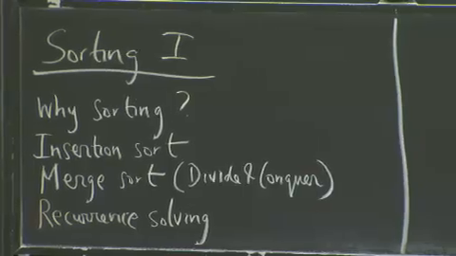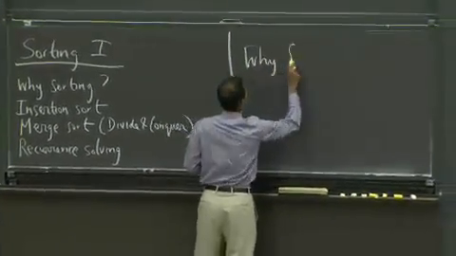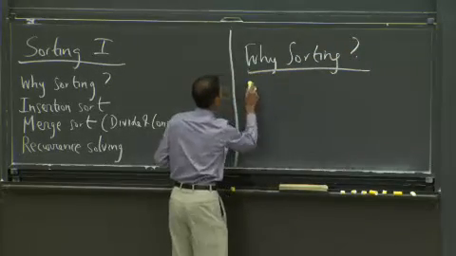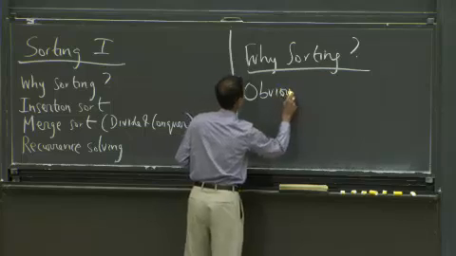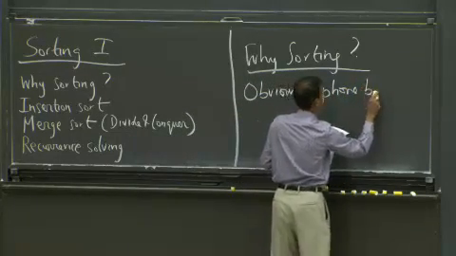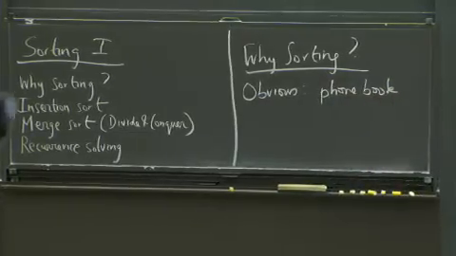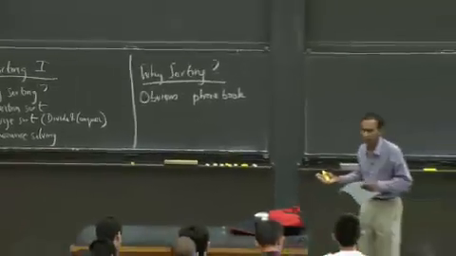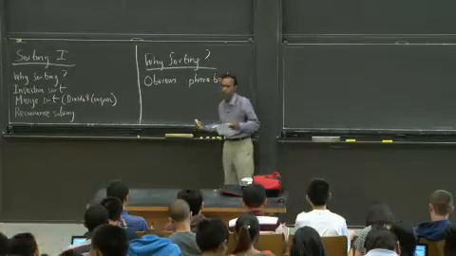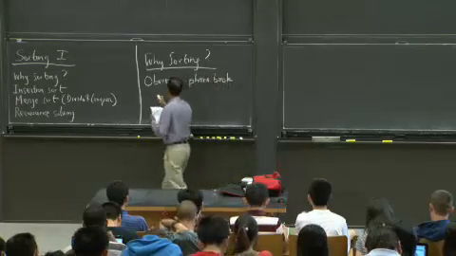So let's talk about why we're interested in sorting. Now, there's some fairly obvious applications, like if you want to maintain a phone book, you got a bunch of names and numbers corresponding to a telephone directory, and you want to keep them in sorted order so it's easy to search, MP3 organizers, spreadsheets, etc. So there's lots of obvious applications.